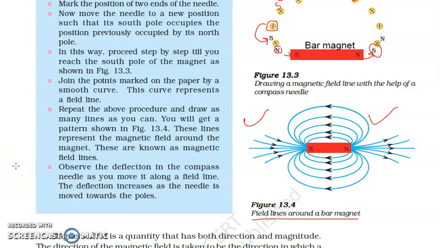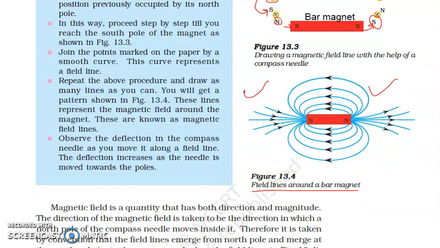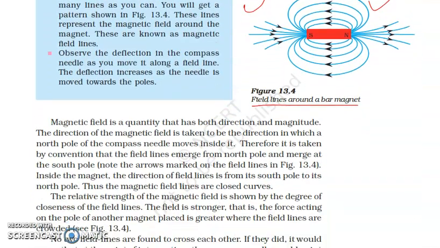My name is Shubham and today we'll be continuing with our next topic of chapter number 13, that is magnetic effects of current. So in the previous video we were discussing the pattern of the magnetic field lines, and we learned that the magnetic field lines start from the north pole and end at the south pole. This was the diagram that we were discussing. Let's study it in detail, what has been written about it.